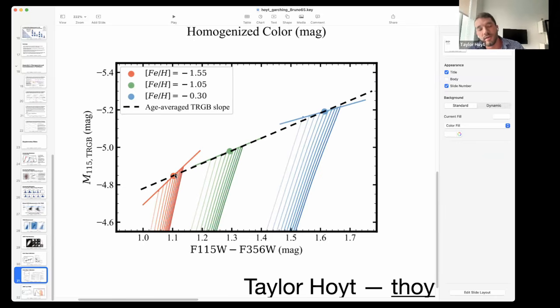So the slope is just a nuisance parameter. The slope measured in each galaxy is just a nuisance parameter marginalized out, whereas what's used to standardize is actually the sample-wide average slope, which is represented by this dashed black line here. So the idea is that the variations in the slope